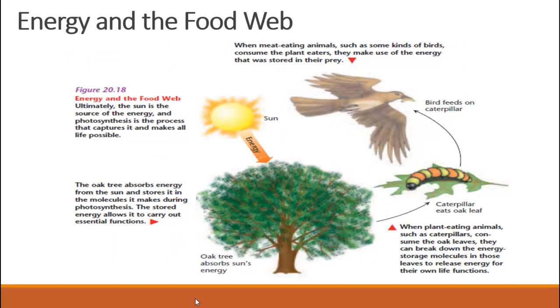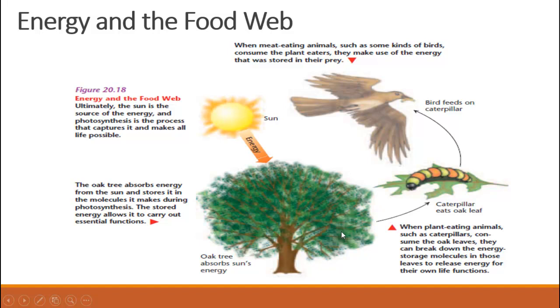Energy and the food web. The photosynthesis process is the ultimate process for chemically storing the energy that all organisms in the food web need. You could thus describe the photosynthesis process as the entry point of energy for life on Earth. First, the sun is a source of energy, and the photosynthesis process is the capture of it that makes life possible. Like when this tree absorbs the sunlight and makes its food by the photosynthesis process,